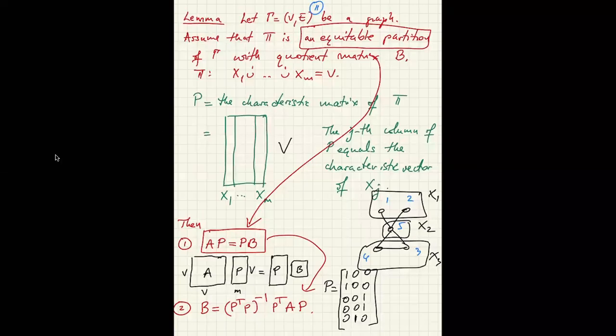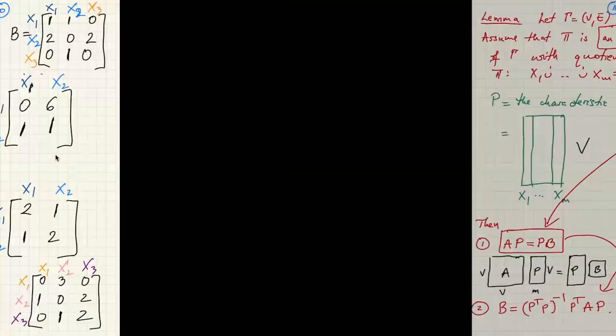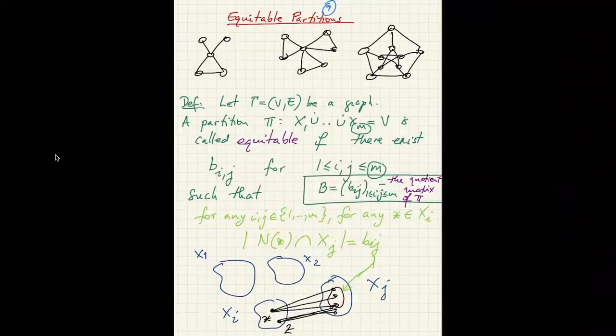Okay, so last time we introduced this notion of equitable partition of a graph. So I think the definition we have here is it's a partition into m non-empty subsets of vertices. We call them x1, x2, xm. The property is that you have these numbers, bij, so you have m squared numbers, bij, i and j between